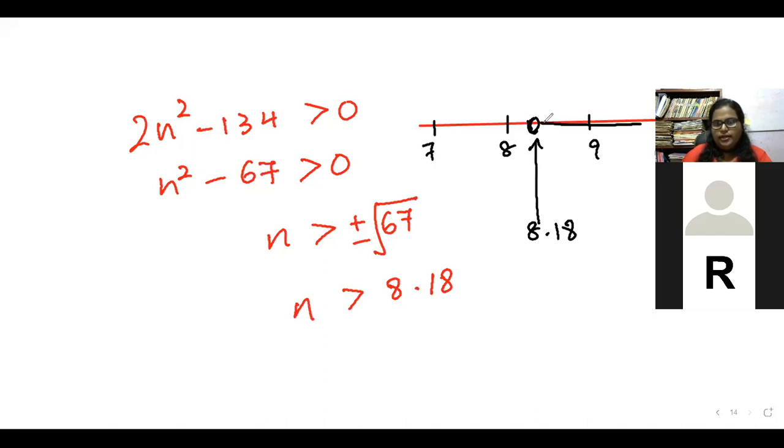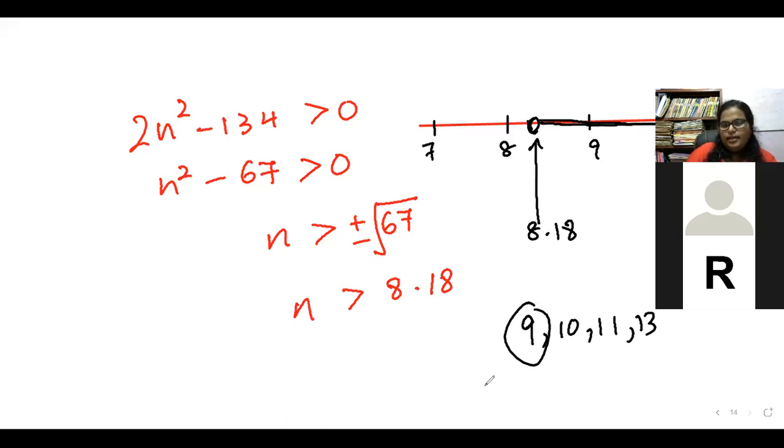So we can take n as any value like 9, 10, 11, 13, any value we can take. The smallest value is 9. Right, so